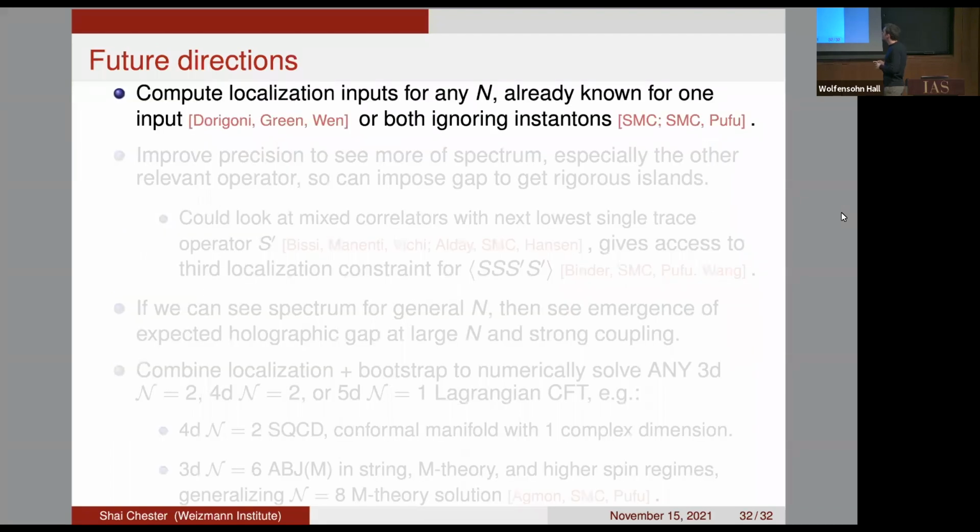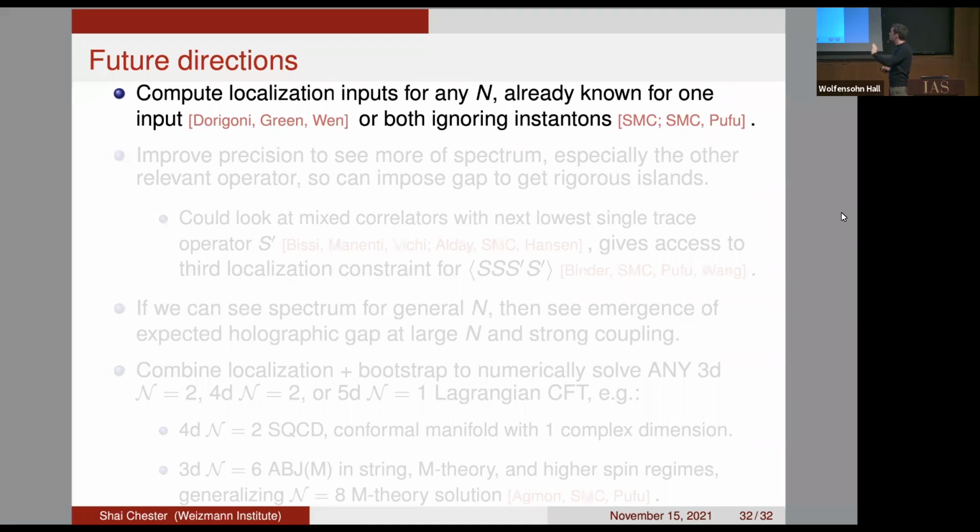There are many, many future directions which we look forward to exploring. Firstly, one annoying technical difficulty is that if you want to compute this localization input, you have to do all these integrals. In particular, for a gauge group G, you have to compute rank G integrals. And so for SU(N), there were N-1 integrals you had to compute. It would be nice if we had some closed form expression instead of having to do these integrals by brute force. So one of the localization inputs, there are 2 of them, one of them actually